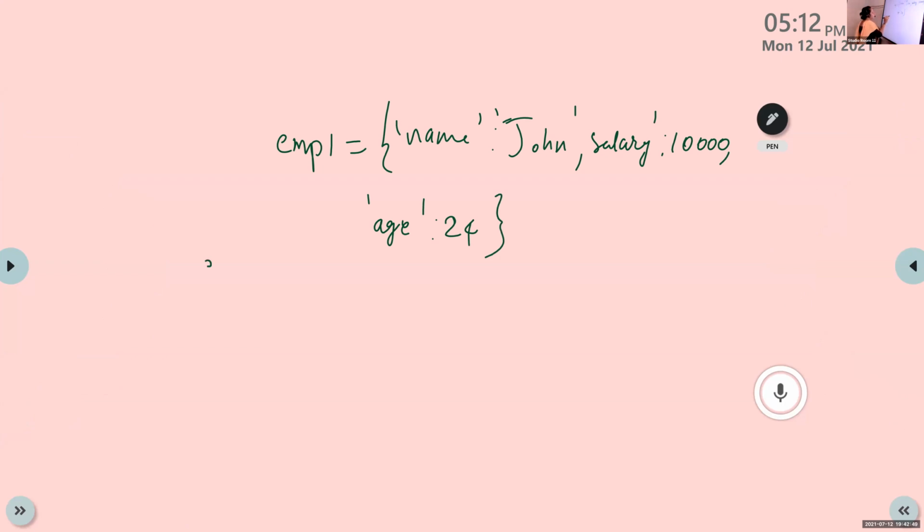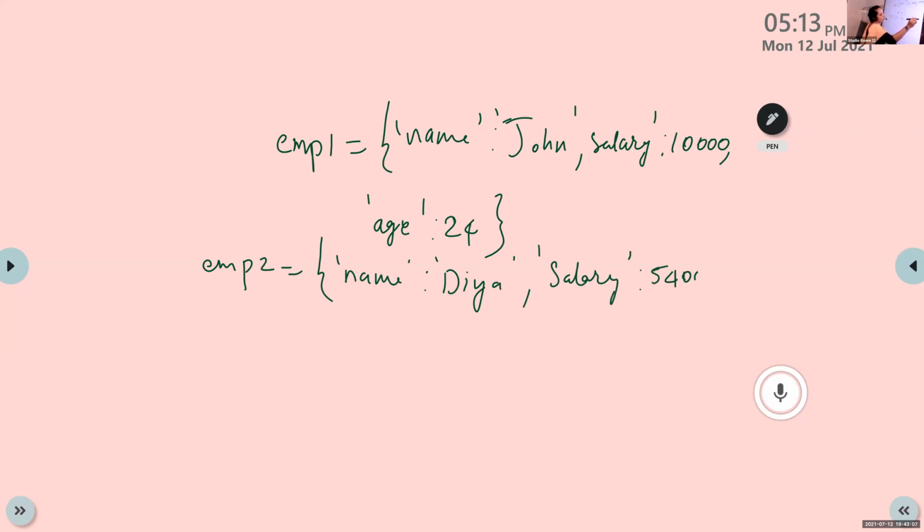For employee 2, it is name, salary, DPT. Name is Dia, salary is 54,000, DPT is sales.